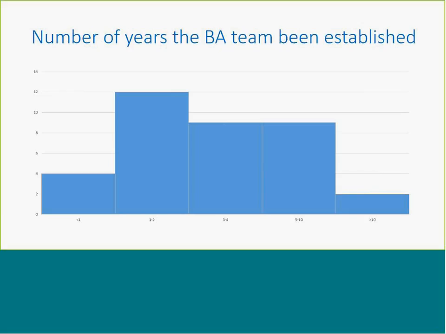For how many years the BA team has been established, again, that was quite low. I think it's still quite a new thing to the HE sector. We've probably been undertaking business analysis activities for quite a long time, but we've probably not had the dedicated BA team established. So that's something we're quite new at. And I think that shows the benefits of sharing knowledge and experience as a sector and coming together.